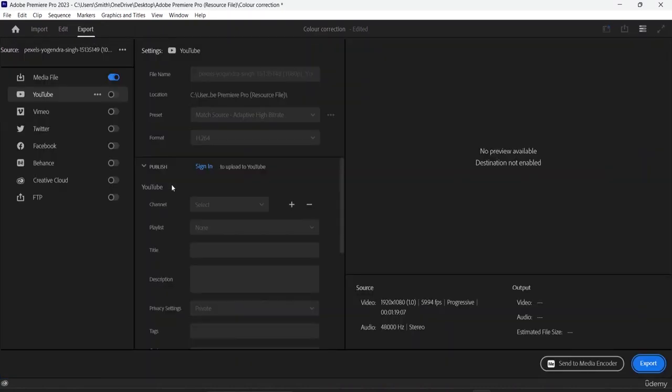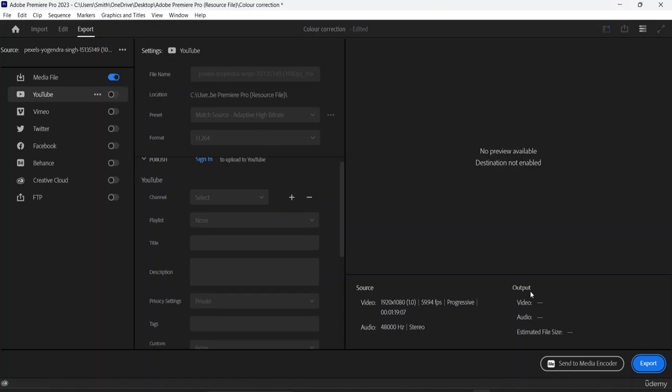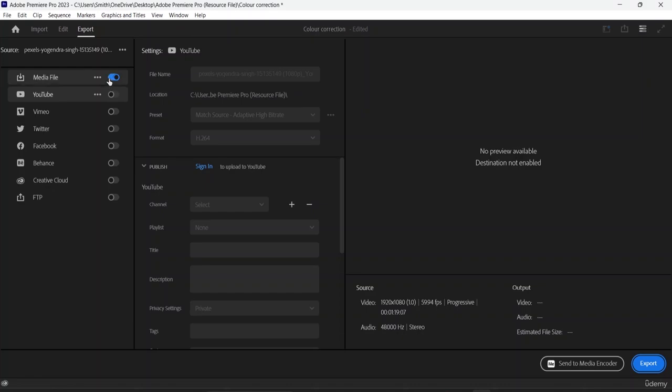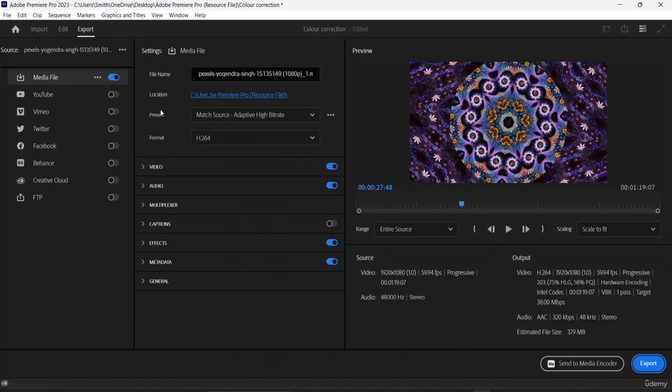Okay, so I will click here, and here you guys can see I do have this available here. Okay, so here I do have the export option again. So I have unselected this and this one. And here you guys can see again this particular preview. Okay, so here you can see the preview and how I want to scale this. If I want to scale it to fill or stretch to fill, or if I want to put scale